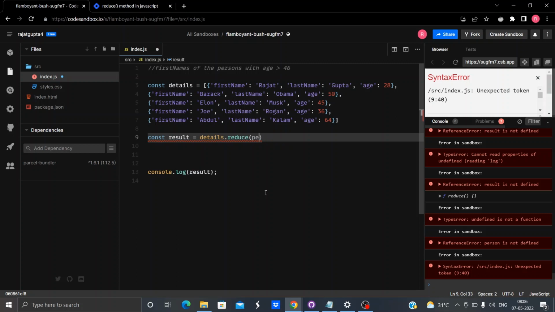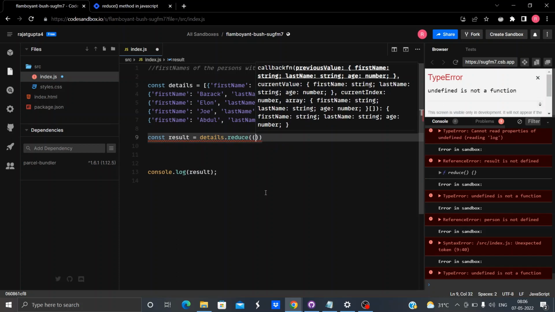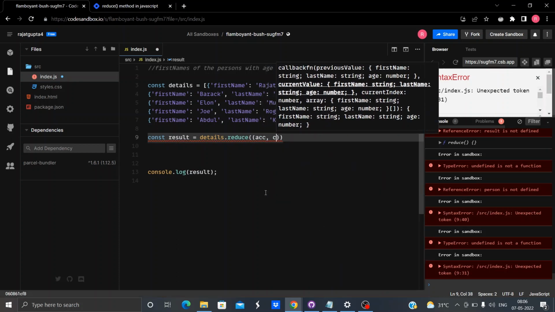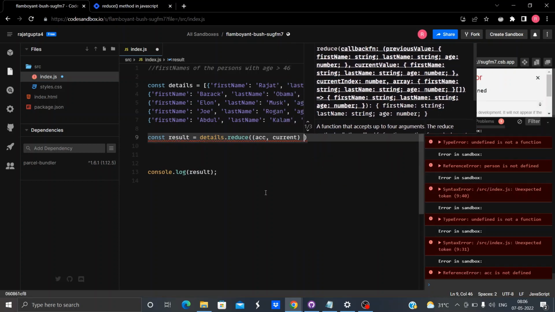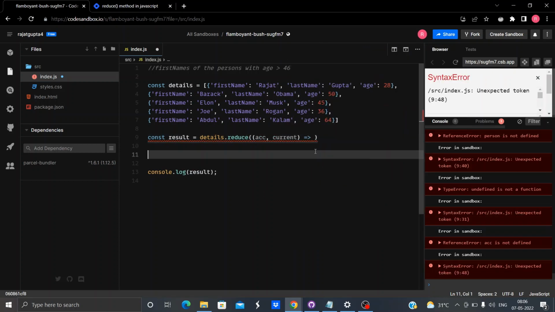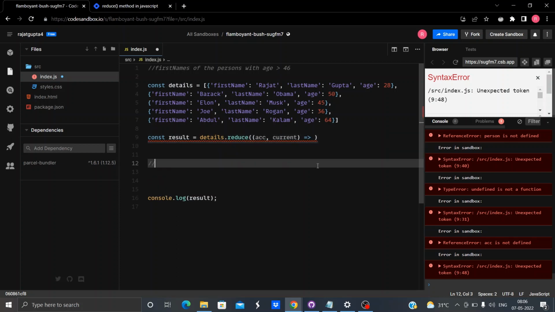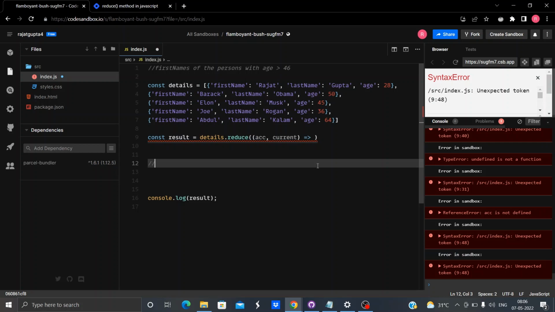Oh no, we are using reduce. Accumulator, current. Now if you could map things out, you would understand that we need an initial value here.